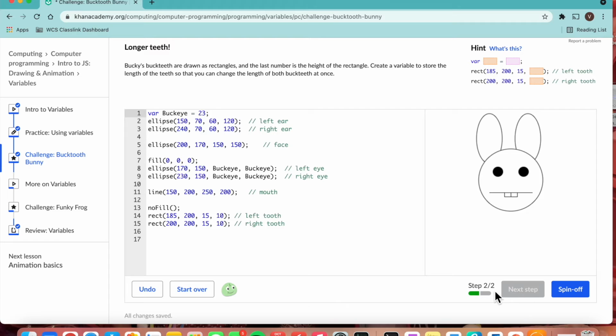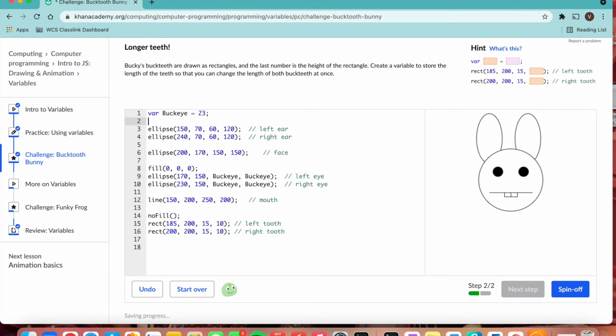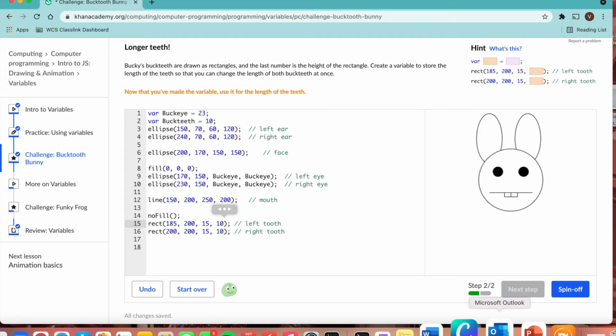And next step. So now you create another variable, and this is going to correct your teeth. So our name should be something related to our teeth, like buckTeeth. Equals. Let's see what is similar. They're 15s and 10s, but we'll only replace a 10, so 10 semicolon. Remember, there should be a semicolon after every statement, otherwise we're going to go into an infinite loop, and we don't want that. So now we're going to make buckTeeth,